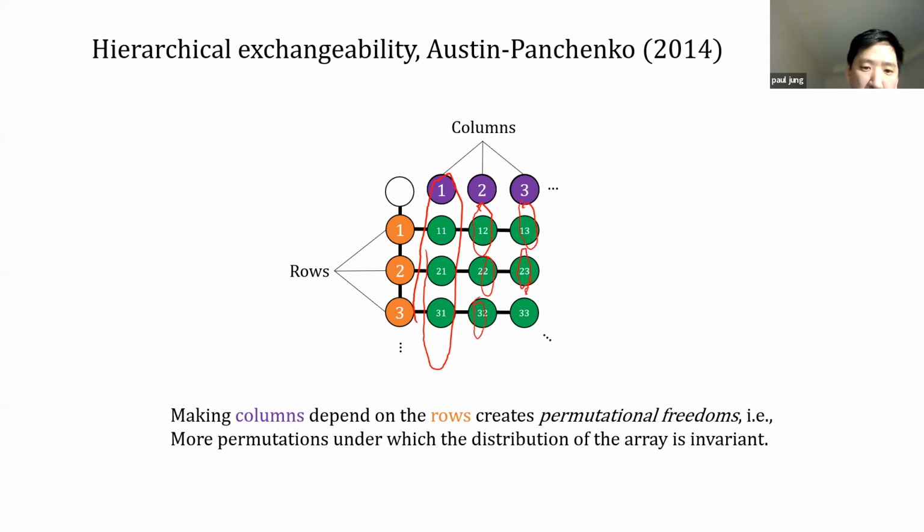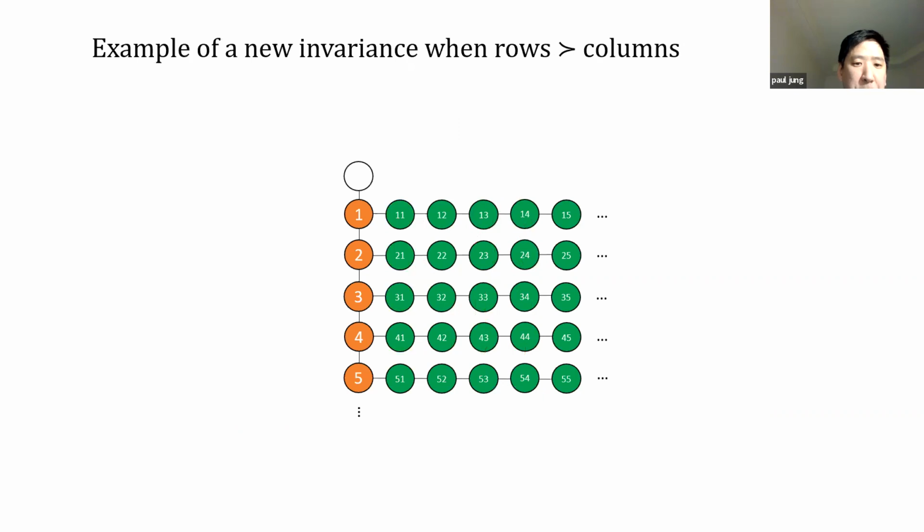So originally we had infinite columns of infinite height, but now what we're going to do is say each column is subjugated to the row that it's in. So each column actually is only a column of height 1. And in that case, what is the sort of invariance that we have? Well, if we have this sort of subjugation, what are the additional permutational freedoms that we allow for it? And so let me show you one example of that. So now here I've kind of released each of the random variables from knowing which column they're in, so which sort of big column they're in.